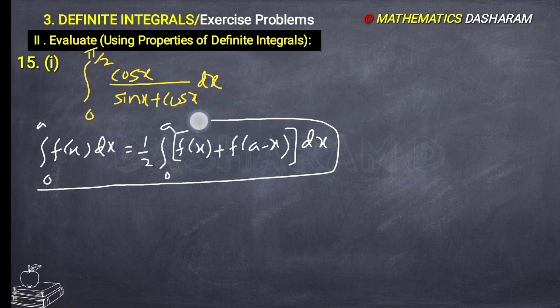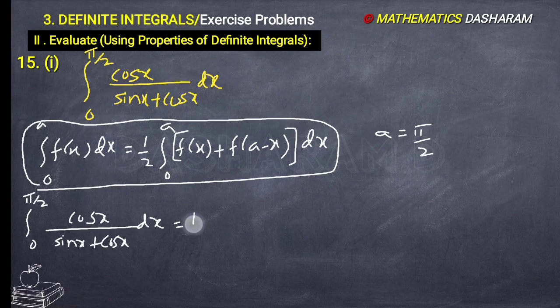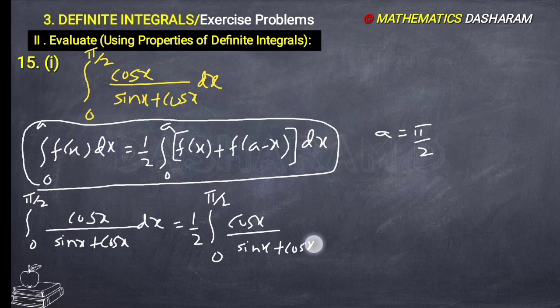So let's apply this formula. Here a value is pi by 2 and f of x means cos x by sin x plus cos x. So then it is equals to 1 by 2 integral 0 to pi by 2, f of x means cos x divided by sin x plus cos x, this is f of x, plus f of a minus x, means substitute